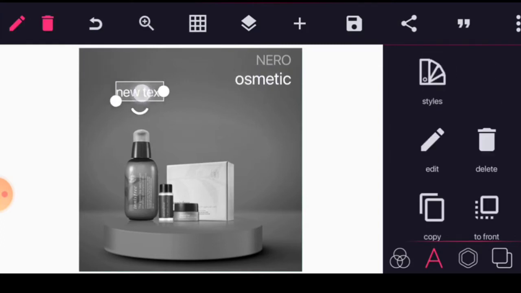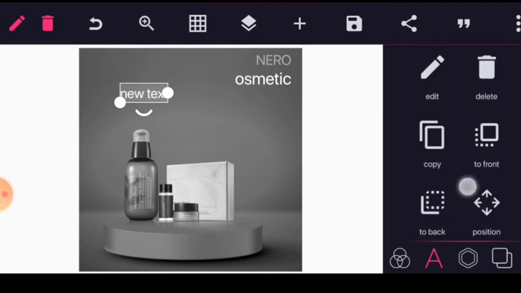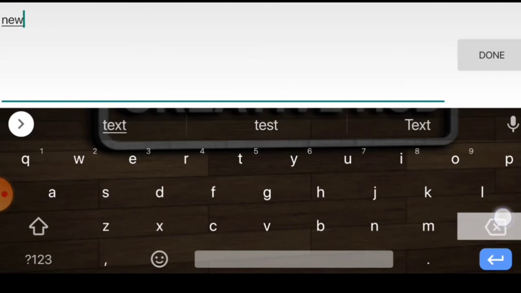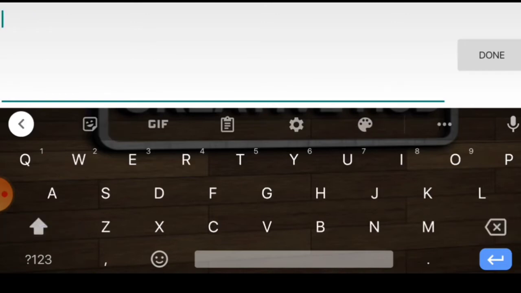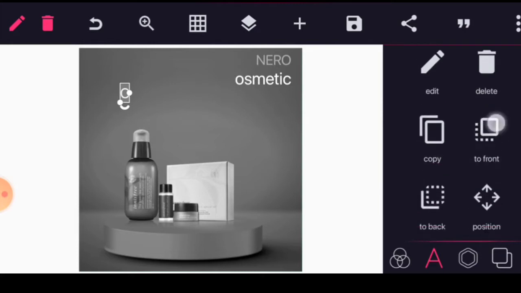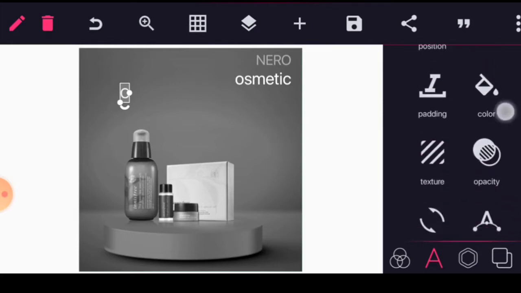Okay, type in C. Okay, so accept it. Then you can now